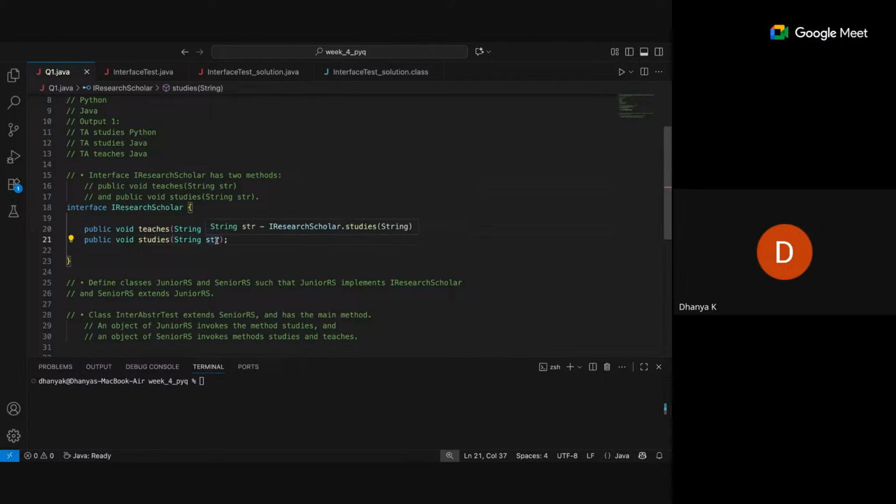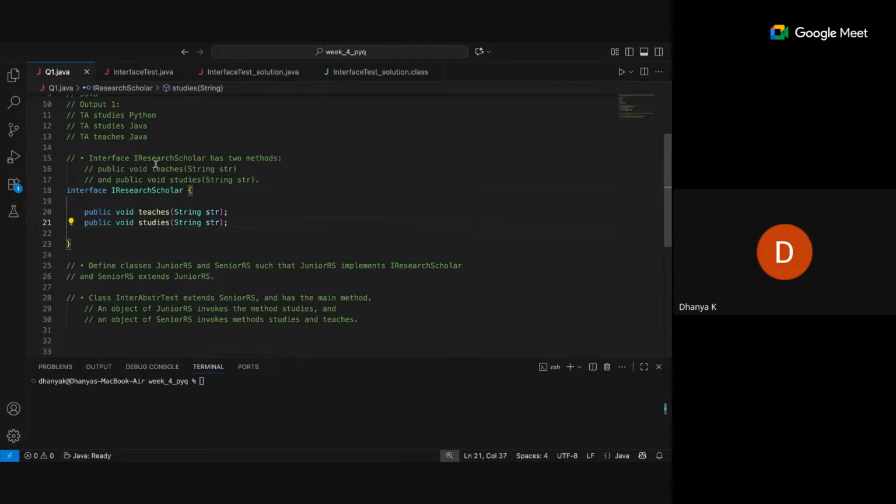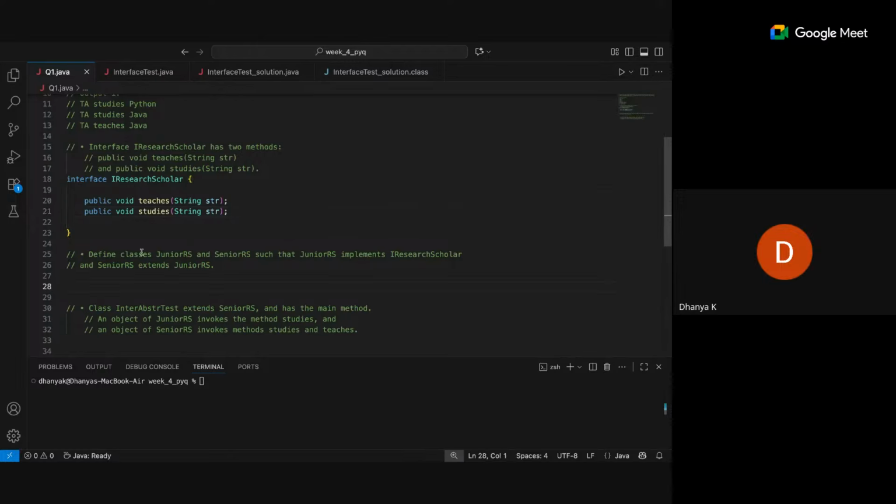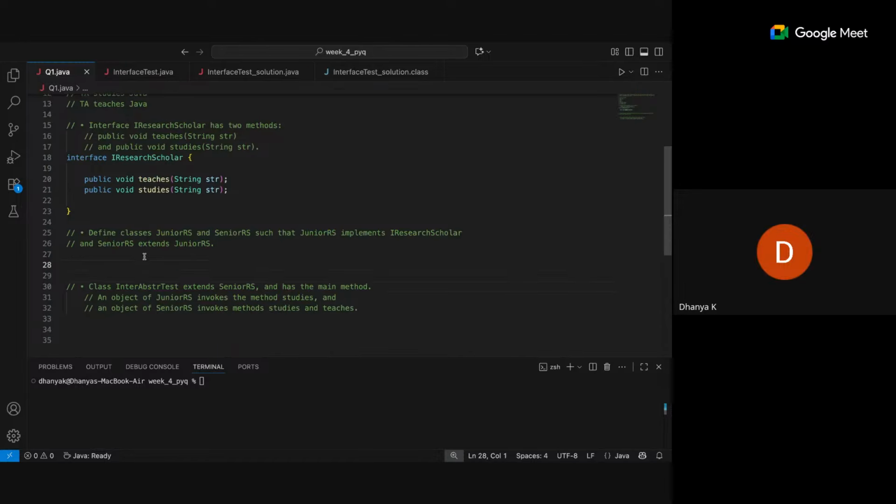Okay, so the interface is done, right? This part is done. You can see my cursor, right? Yes, ma'am. So that part is done. Now we will move to the next part, okay? So here we need two classes, right? Junior RS and senior RS,